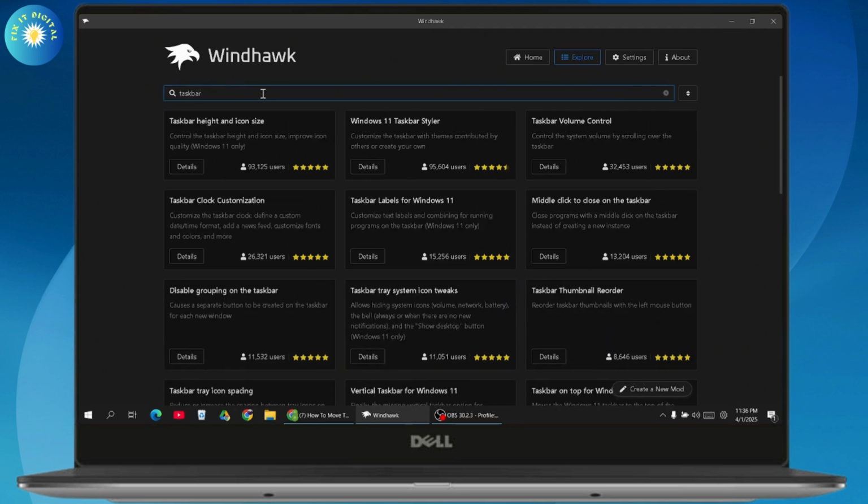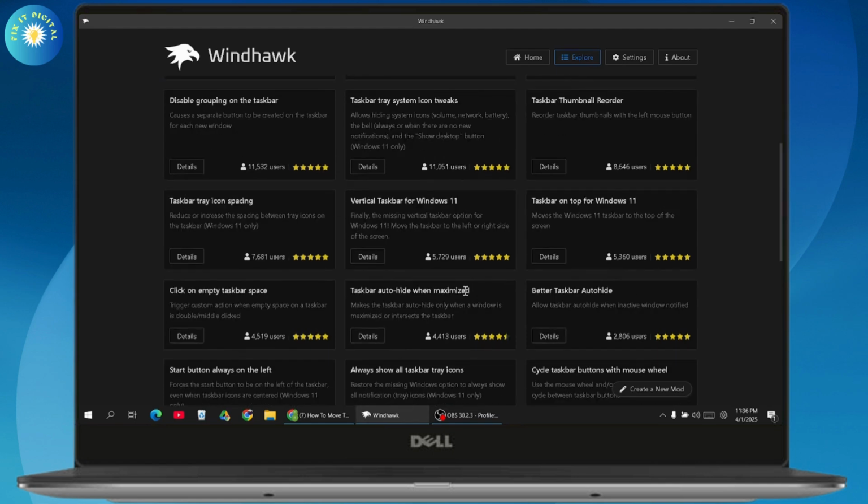Once you search for the taskbar, as you can see, here you will have taskbar height and icon size, or middle click to close the taskbar. You will have all of the taskbar settings right here. So you need to scroll down and here you will have vertical taskbar for Windows 11. If you want a vertical taskbar, you can go with the vertical taskbar, or you can also have other options,